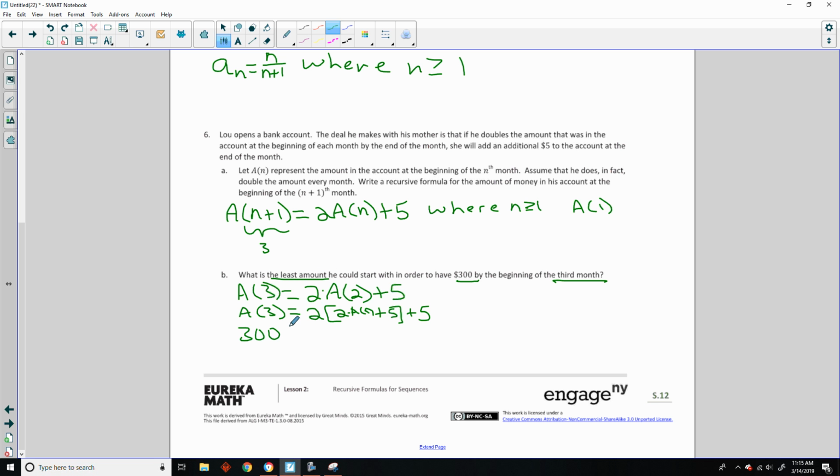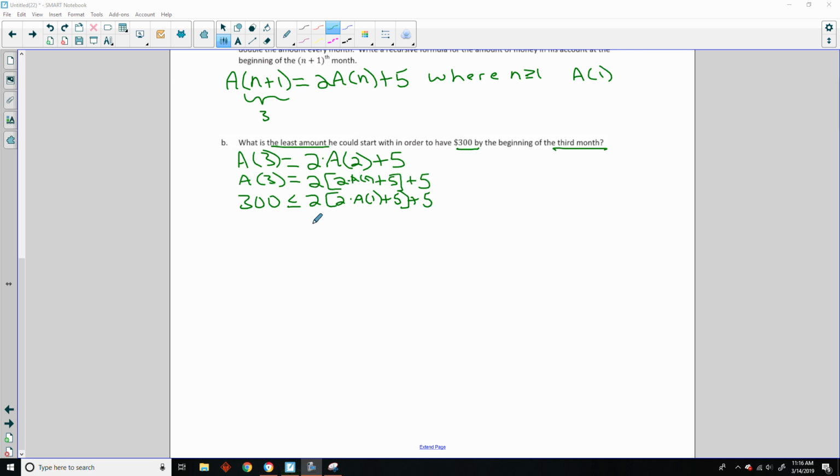So that would mean that the amount has got to be greater than or equal to 300, and it'd be 2 times the quantity, 2 times a of 1 plus 5, plus 5. Okay, just made room for us here. All right, so continuing, 300 is less than or equal to